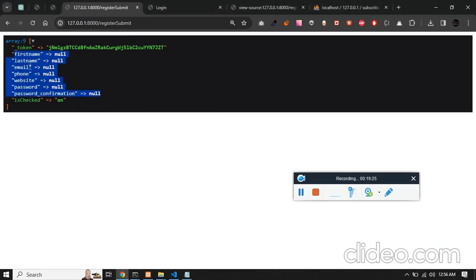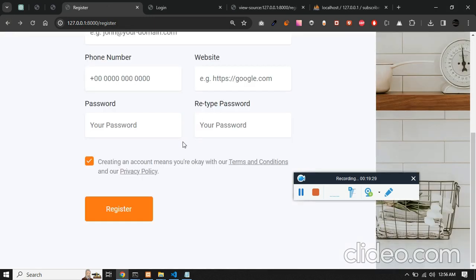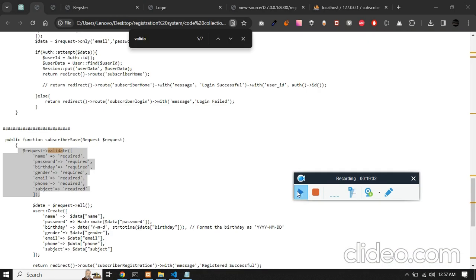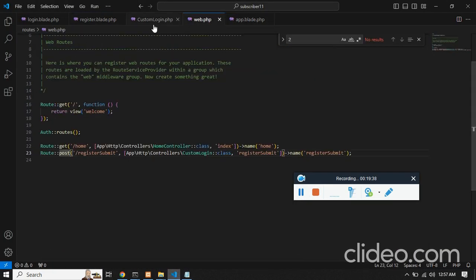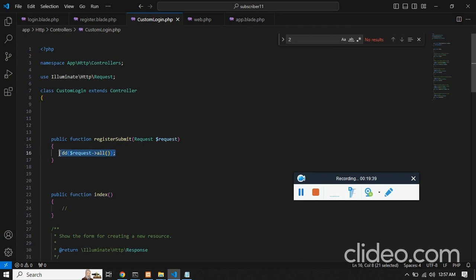What we need to do is add a validation. If it is null, then we need to show the error just below your input field. Let's create a validation first, and now in the controller you can comment this,